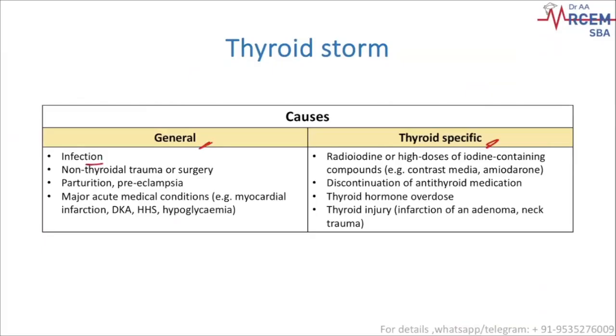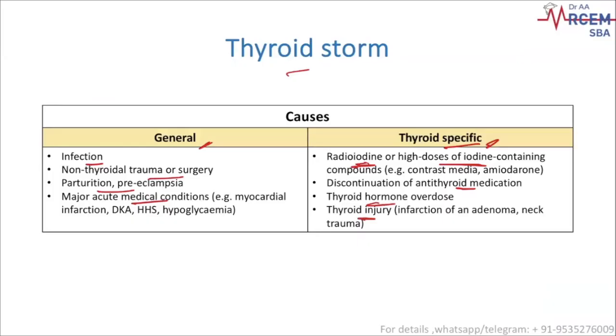General causes like an infection, trauma, or surgery, or preeclampsia, or acute medical conditions. Any acute medical conditions can trigger a thyroid storm. Thyroid specific: high doses of iodine they are taking or radioactive iodine they are taking. Abruptly, they have discontinued antithyroid medications. Thyroid hormone overdose they have done, or there is direct injury to the thyroid gland resulting in spillage of this